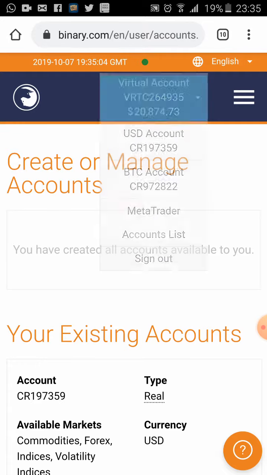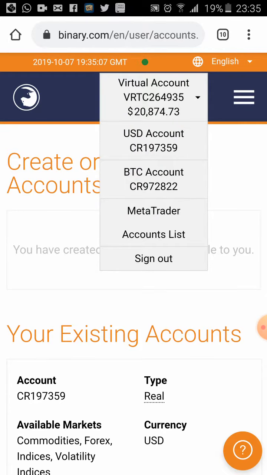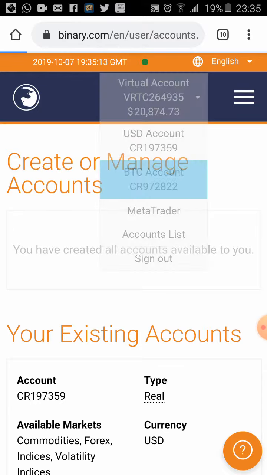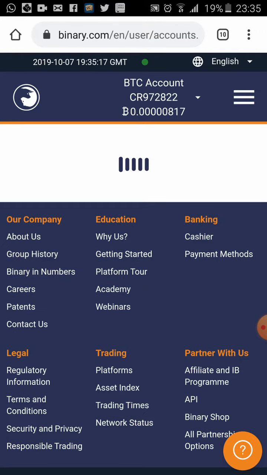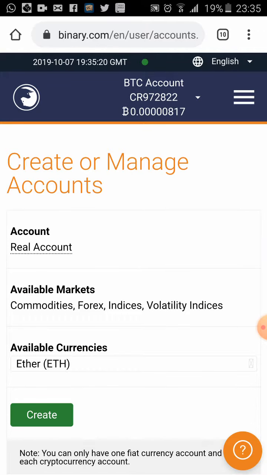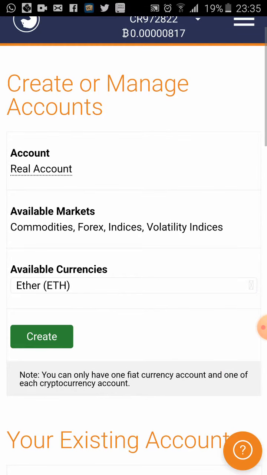Once you pick Bitcoin, you can see I have virtual, I have USD, I have Bitcoin. Now when I want to deposit on Bitcoin, I will just click on the Bitcoin account. I hope you are getting it. After this, if you have any question, you can ask. Now once you click on the Bitcoin account,